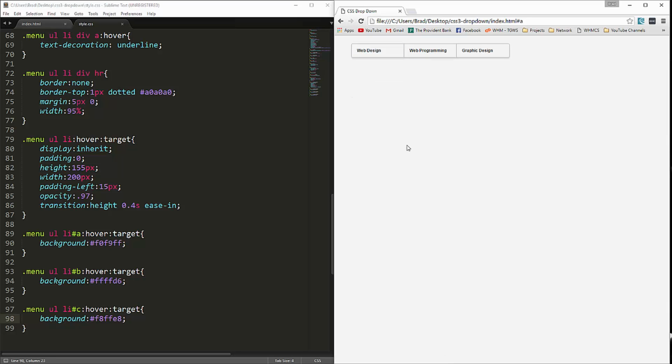There we go. Alright, so we now have our pure CSS drop-down menu. No JavaScript, nothing like that. So hopefully you enjoyed this small project, and I'll see you in the next